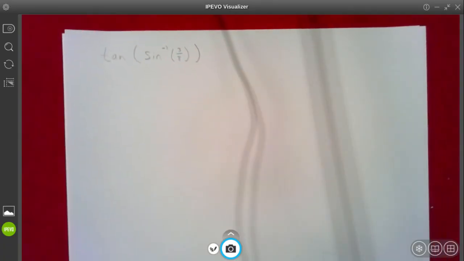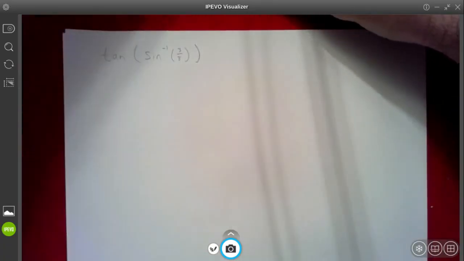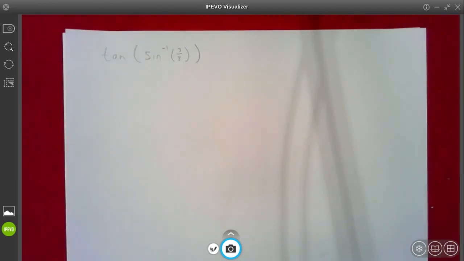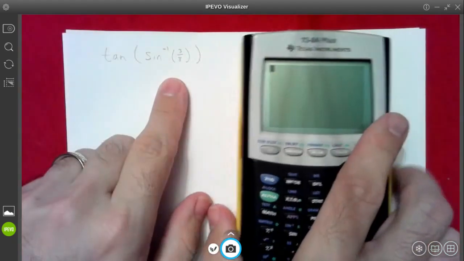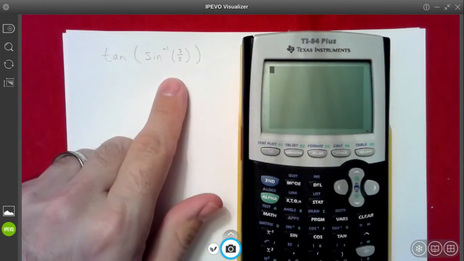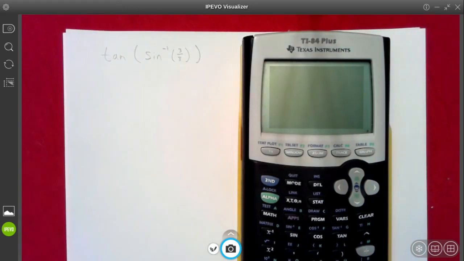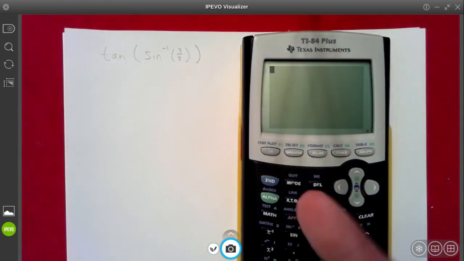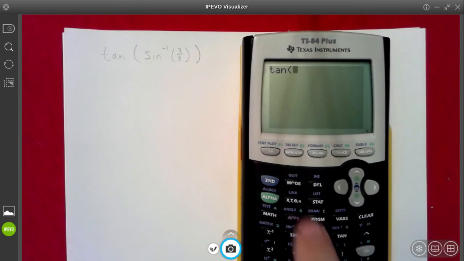Okay, so what we're doing in this video is we're going to look at composing a trig function with an inverse trig function, all right? So something like this, you could get the answer in a decimal form by just typing it into the calculator, all right? I'm in degree mode. If I do tangent of sine inverse of 3/8, I get